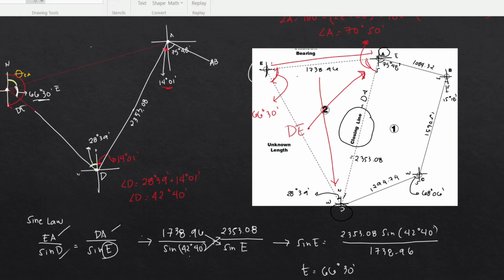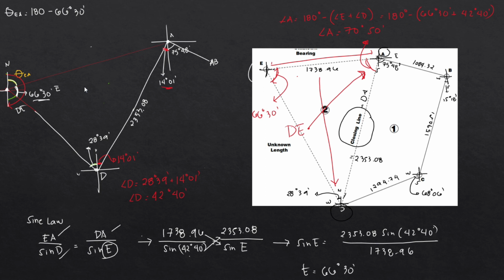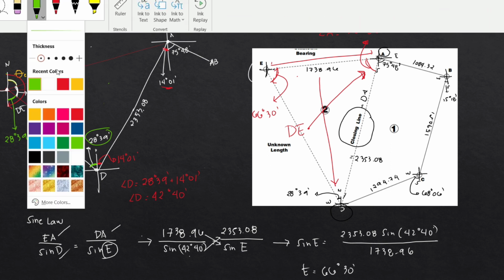Minus itong angle na to, which is equal sa 28 degree 39 minutes. So, itong angle na yan is 28 degree 39 minutes. Okay, so minus ulit yung 28 degree 39 minutes. Angle A, bearing AE natin is equal to, paki-compute,